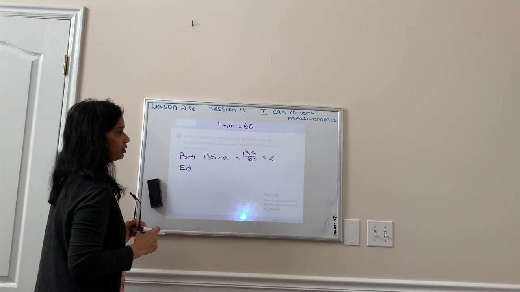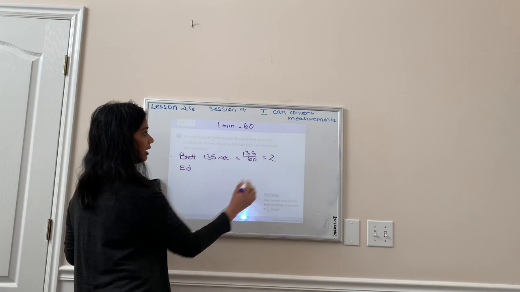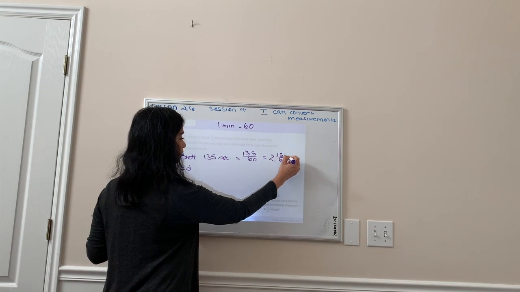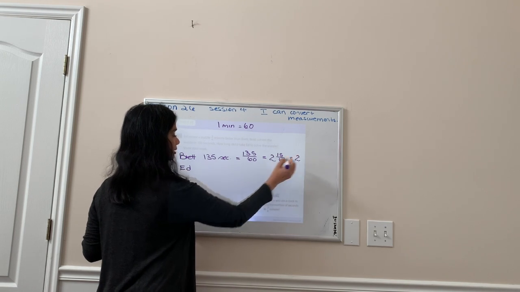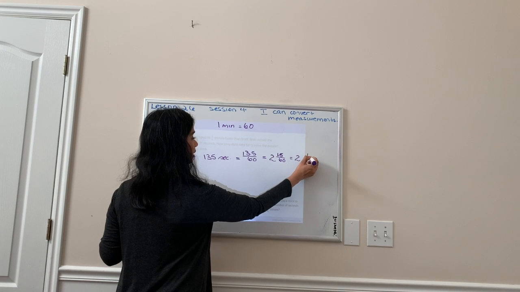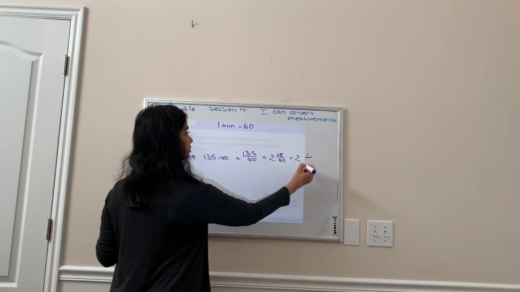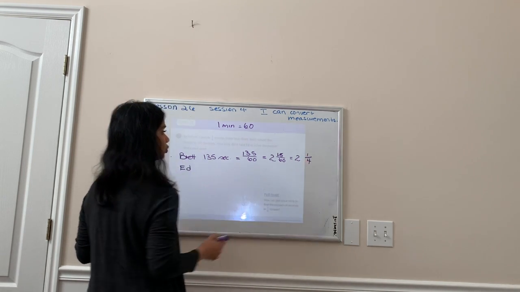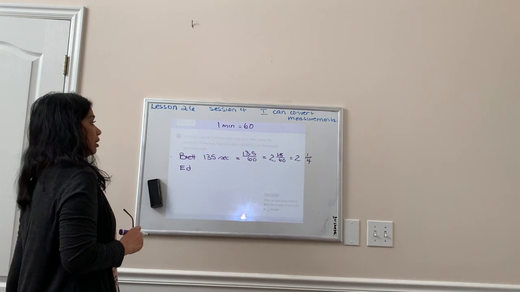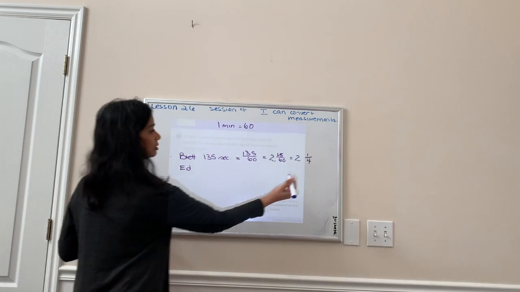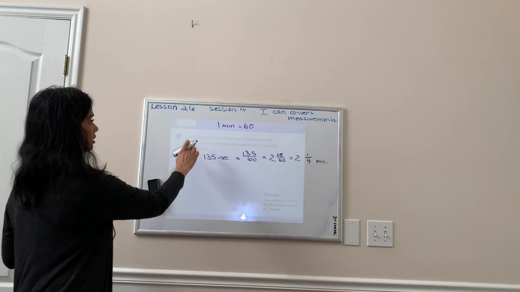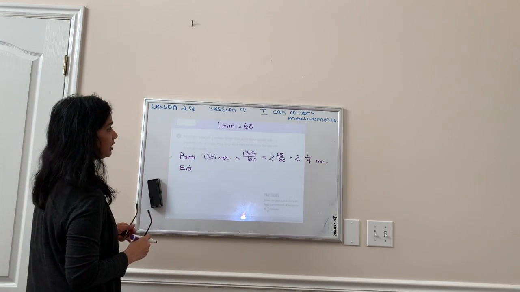2, because that's 120, and 15 over 60, which is what? How many times 15 can go into 60? 4 times? That's 2 1/4. Okay. So he did it in 2 1/4 of a minute, and he solved the puzzle 3/4 of a minute